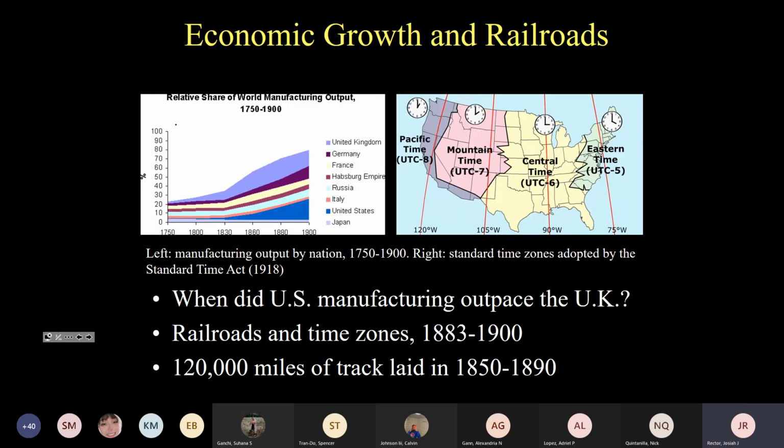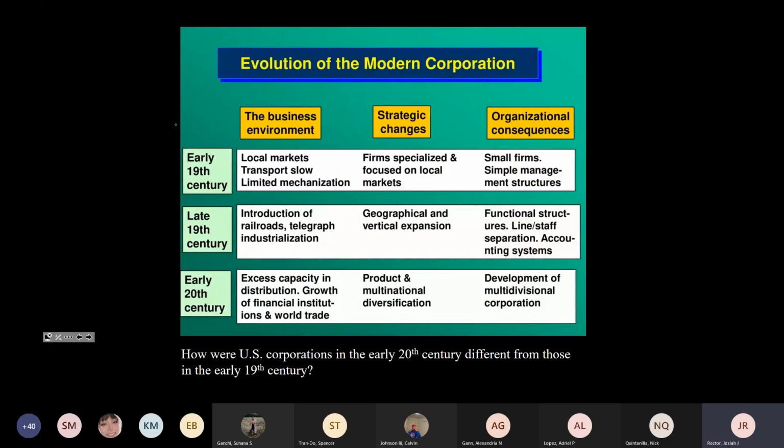But at the same time, corporations themselves are changing. This is the era of the rise of big business and the modern corporation. And indeed, railroad corporations, many historians have argued, pioneer the modern corporate form because railroads require a complicated bureaucracy to operate. This graph here, or table, shows the transformation of the modern corporation over the course of the 19th to the early 20th century. So if you look at corporations in the early 20th century, they're relatively small operations, legally chartered, often to do things like build bridges.